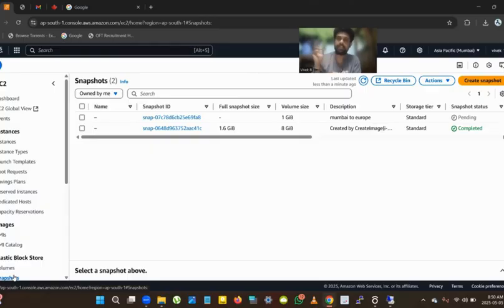If you want to detach a volume and attach the same volume to one more instance in the same availability zone, you can just detach the volume and attach it to a different instance, like plugging and unplugging a pen drive. That is simple. If it is in a different zone, 1A, 1B, what you can do is simply create a snapshot